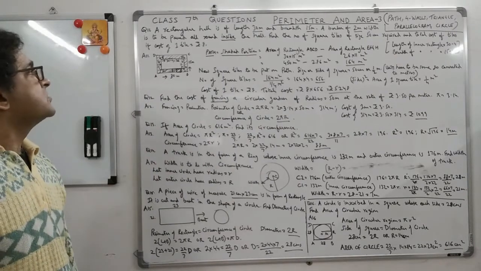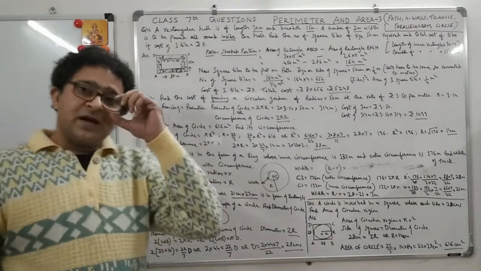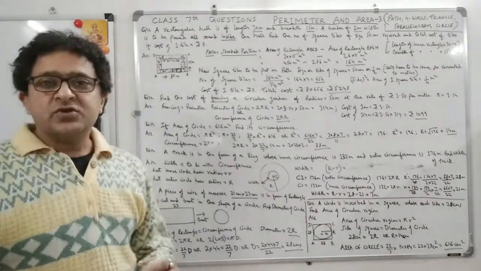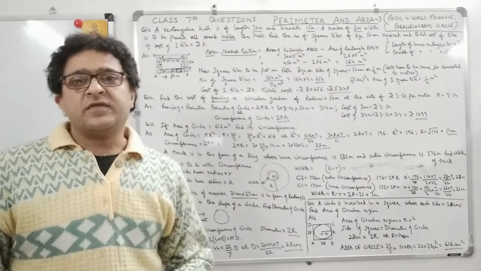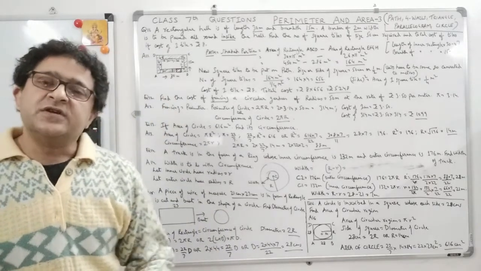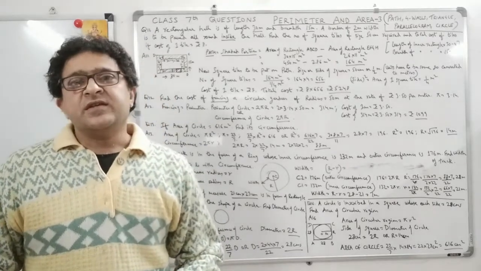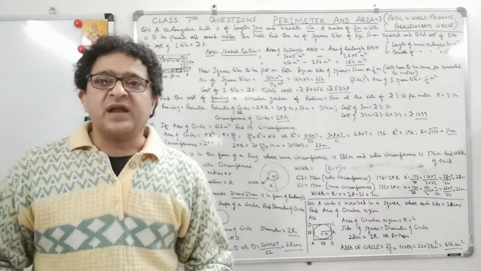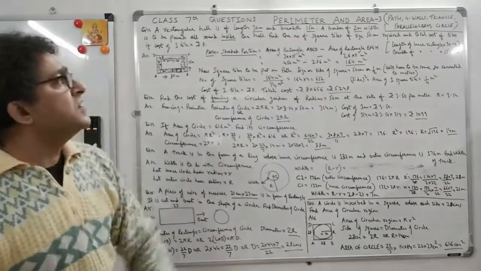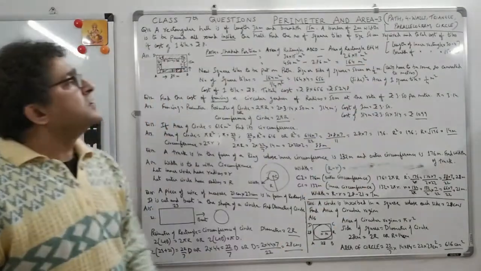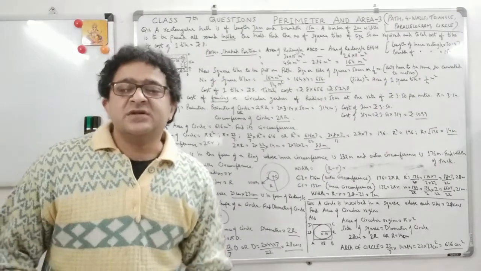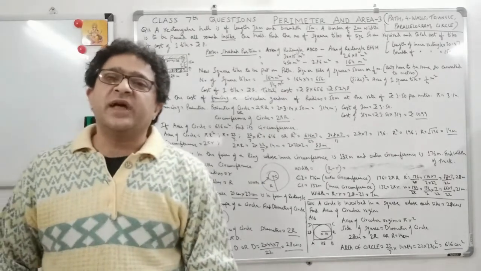So these are all the questions, and I hope though this chapter was a little lengthy, but the 3 videos which you got in this chapter cover the whole of the important questions of class 7th for this chapter. First was the concepts. The second video was on square and rectangle, and the third video, we covered path, 4 walls, triangle, parallelogram, and circle. So with this, this chapter is complete.